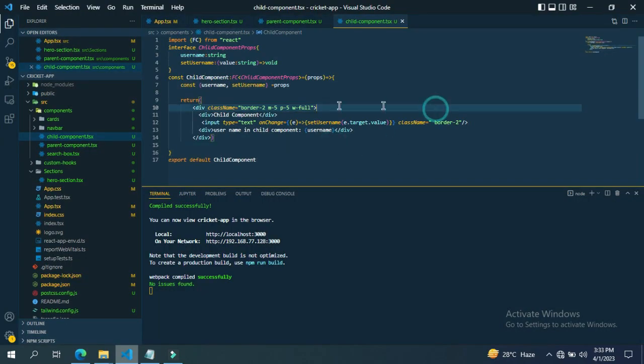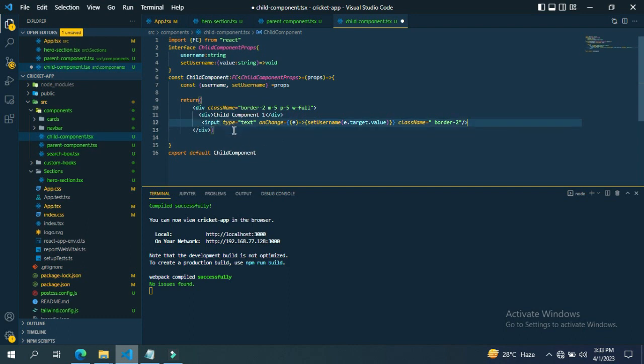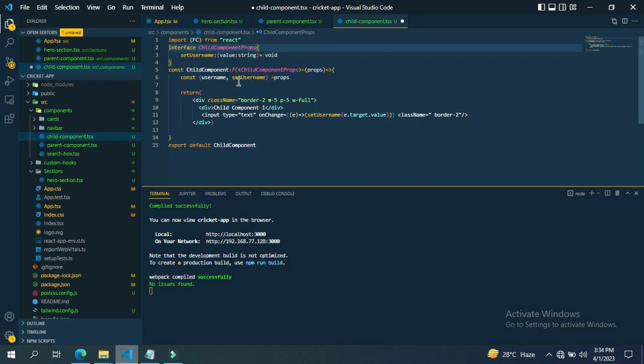Okay, so what I'm going to do is consider this as the child 1 component. Here I don't need that particular username, because I will pass data from the child 1 component to the child 2 component. So I just need set username only, and I don't need this username. And let me create